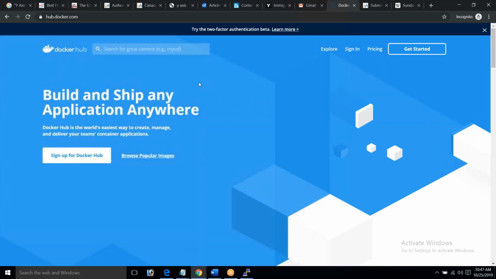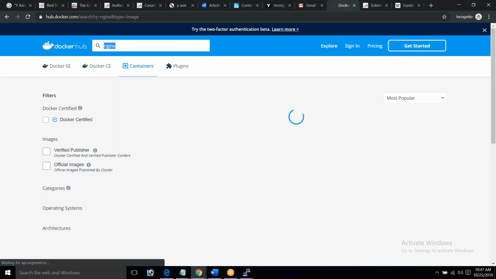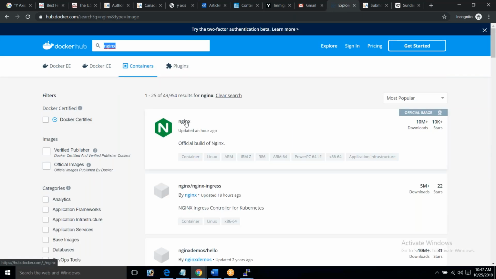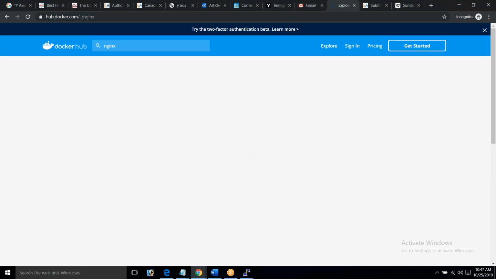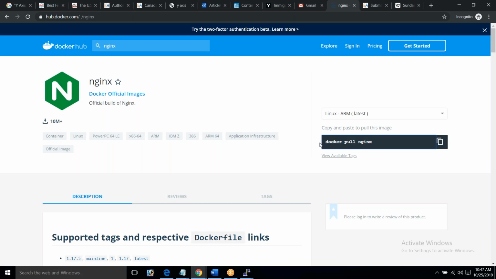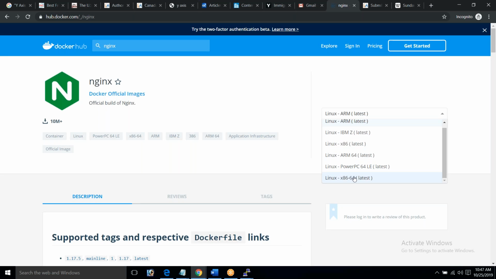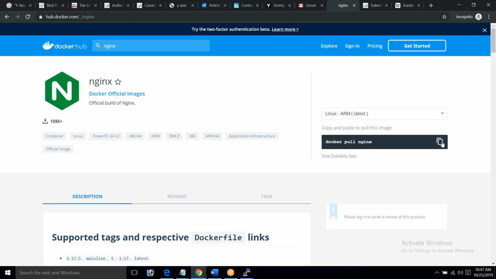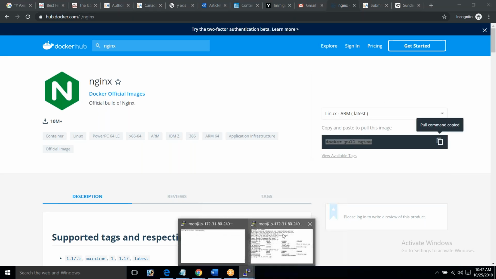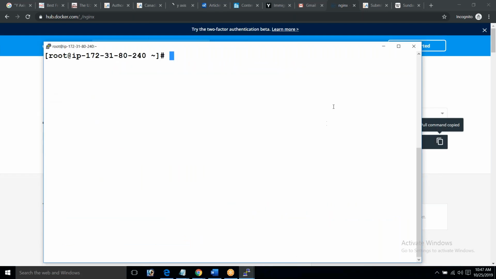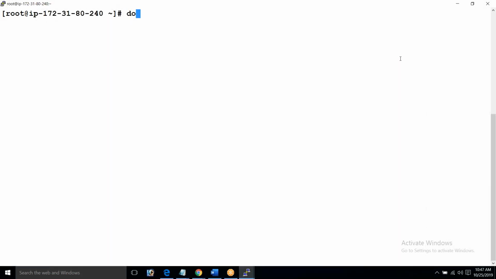Now I want a simple Nginx image. I'll type Nginx. Click on it. What does it say? Docker pull nginx. You can see for which operating systems you want. Copy it. Before I do this, let me show you the available images.